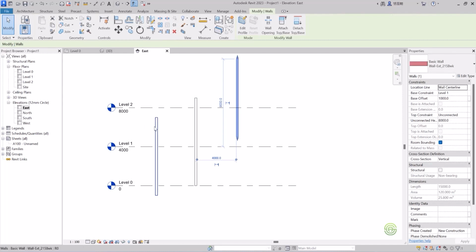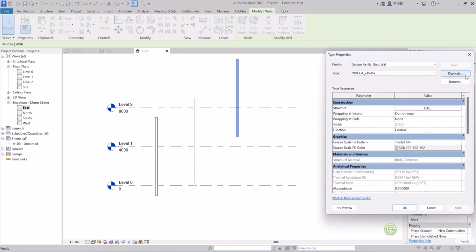All the other walls will be changed automatically. So now I just want to edit only this particular wall. So I will go here in properties and click on edit type. Once I click on edit type, I want to make it a duplicate. So click on duplicate. Now, just for the brickwork wall, change the thickness value that you are